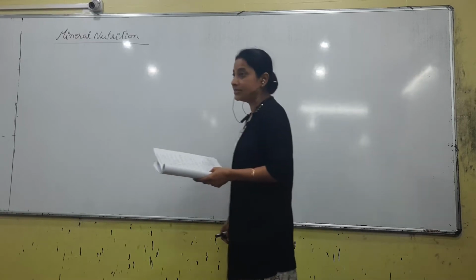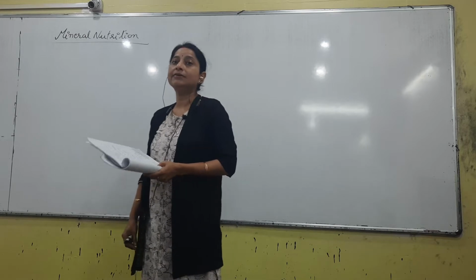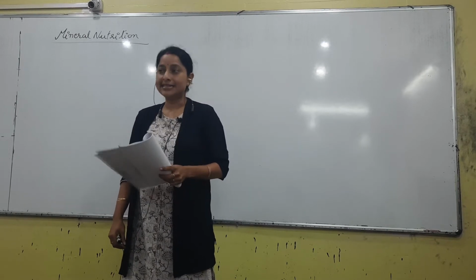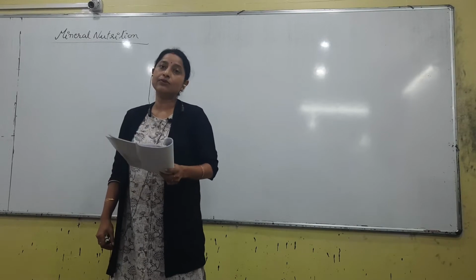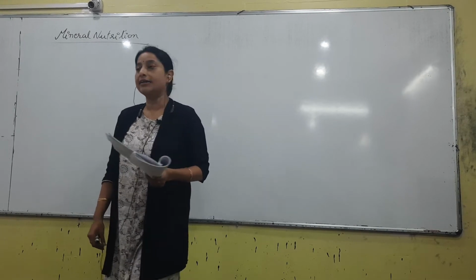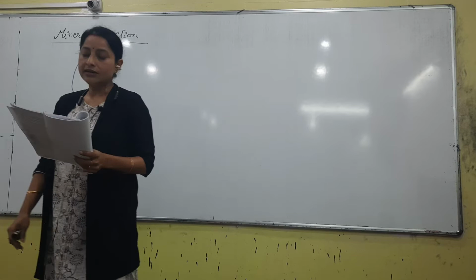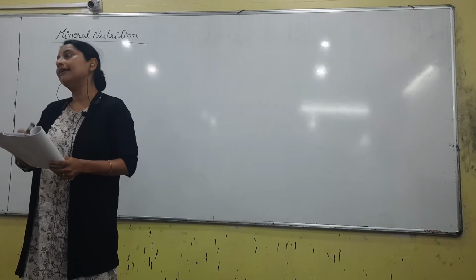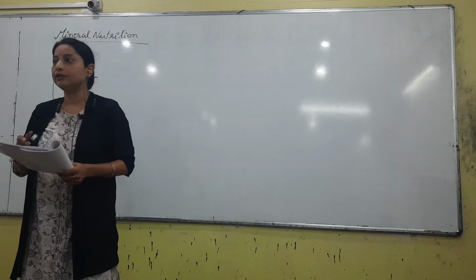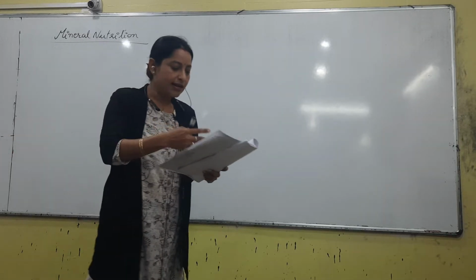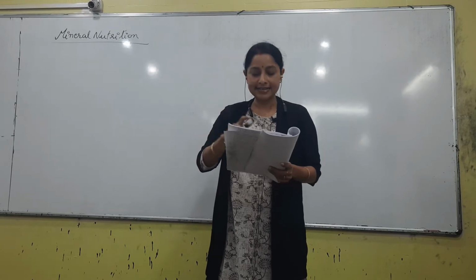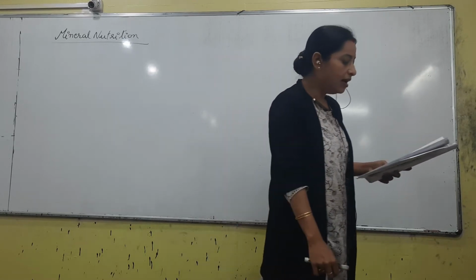or 70 elements, only 17 elements are said to be essential. Essential means which criteria should be there, who gave that criteria? Two scientists called Arnon and Stout gave some rules. If those rules are followed, then we call an element essential. So what are the rules actually? It's better we study it from the NCERT book. The element must